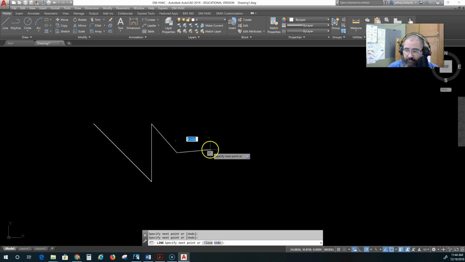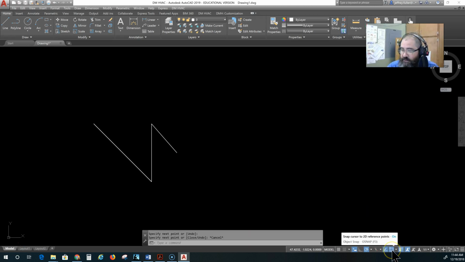Okay, so that is how object snaps work. And again, you can snap to any object on your screen, any intersection, any center point, you name it. So that really takes care of object snaps, I think. Can't think of anything else to put with that. But the next would be the coordinate system, and the way the coordinate system works. And it works just like any X, Y, and even Z coordinate system would work, if you remember from math